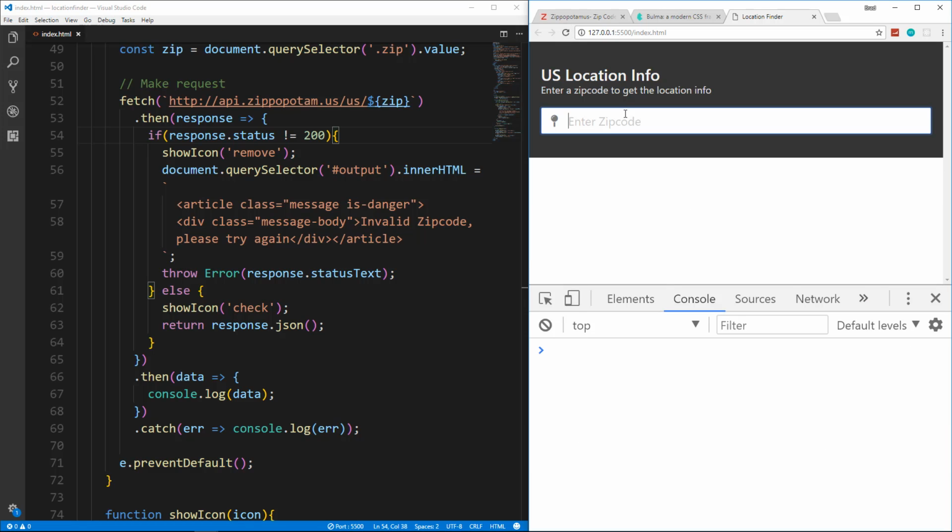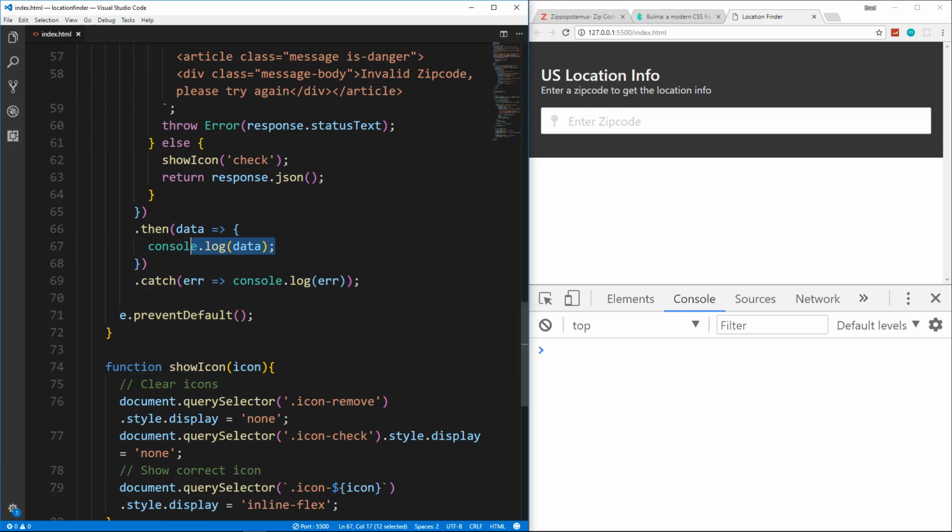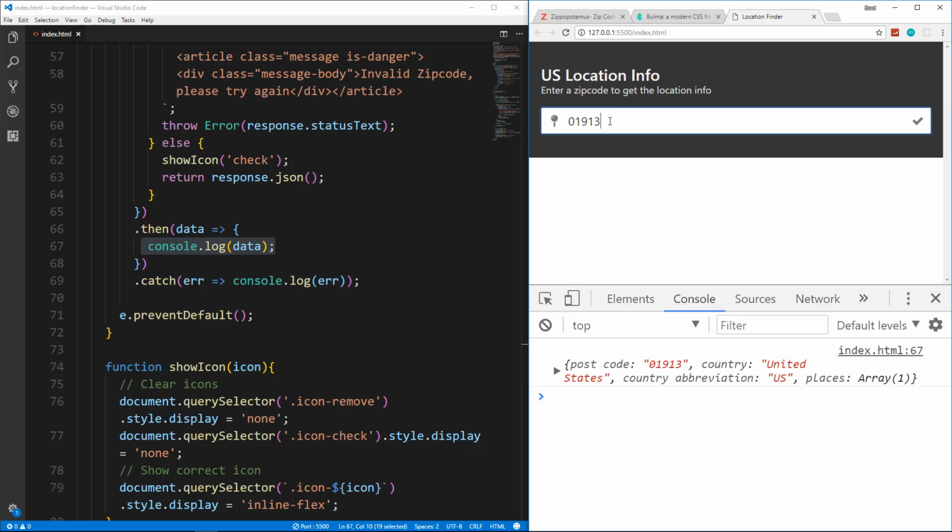All right, so we want to go down to where we have our data. Right now it's just console logging. So if we put a good zip code, it's just logging the data. What we're going to want to do is loop through the places array that it gives us, and then output those. So let's go ahead and get rid of the console log, and we'll just say